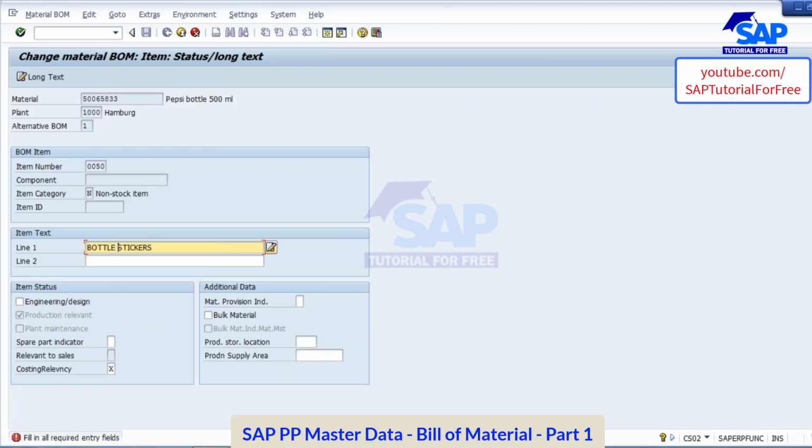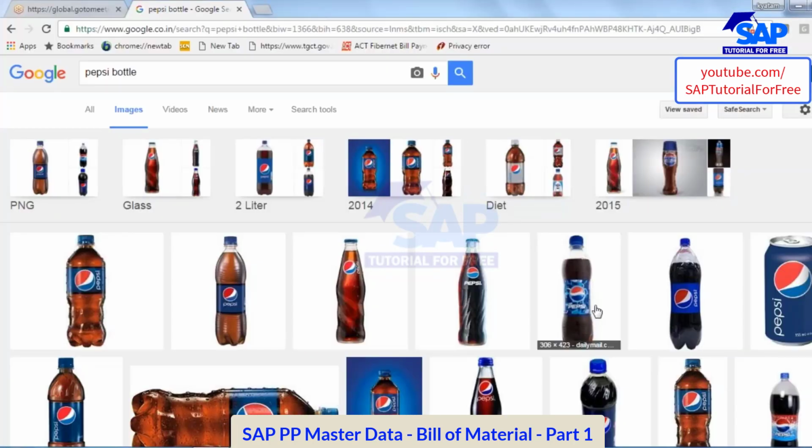That means on the bottle I'm going to paste a sticker. On the day this sticker comes, you will directly consume it. You will not maintain a stock of this. Printed stickers will come to me along with the batch number, manufacturer